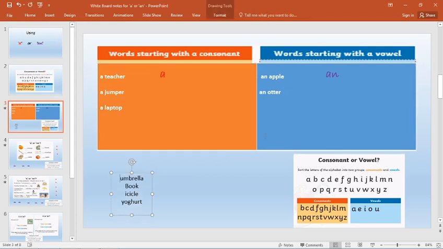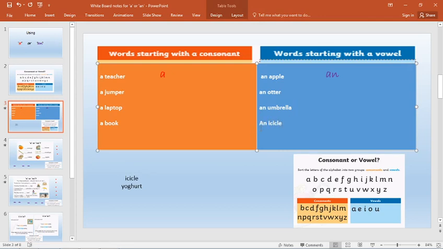Umbrella starts with a vowel, so I must use the article an umbrella. Book starts with a consonant, so I have a book. Icicle starts with a vowel, so I'm going to use the article an